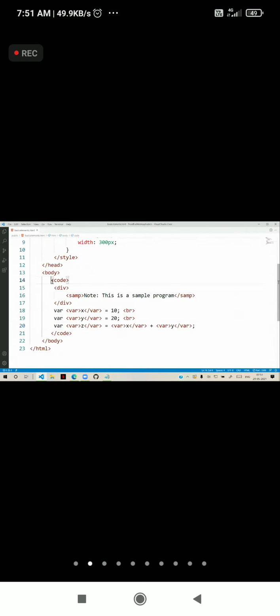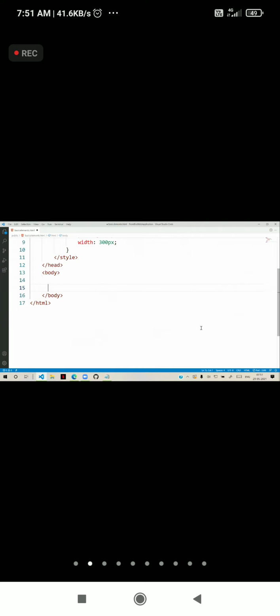For example, I'm configuring here a simple field set. Field set will put a simple frame. You can see it will put a simple frame. That means just a box with a predefined border. That is actually field set.